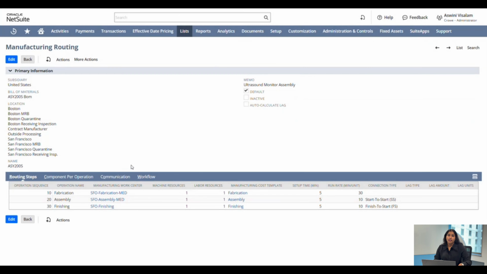Hello everyone, in this video I'll be demonstrating one of the manufacturing enhancements introduced in the NetSuite 2026.1 release, which is simultaneous start of multiple operations. As you can see in this example, I am showing a manufacturing routing which has 3 operation sequences